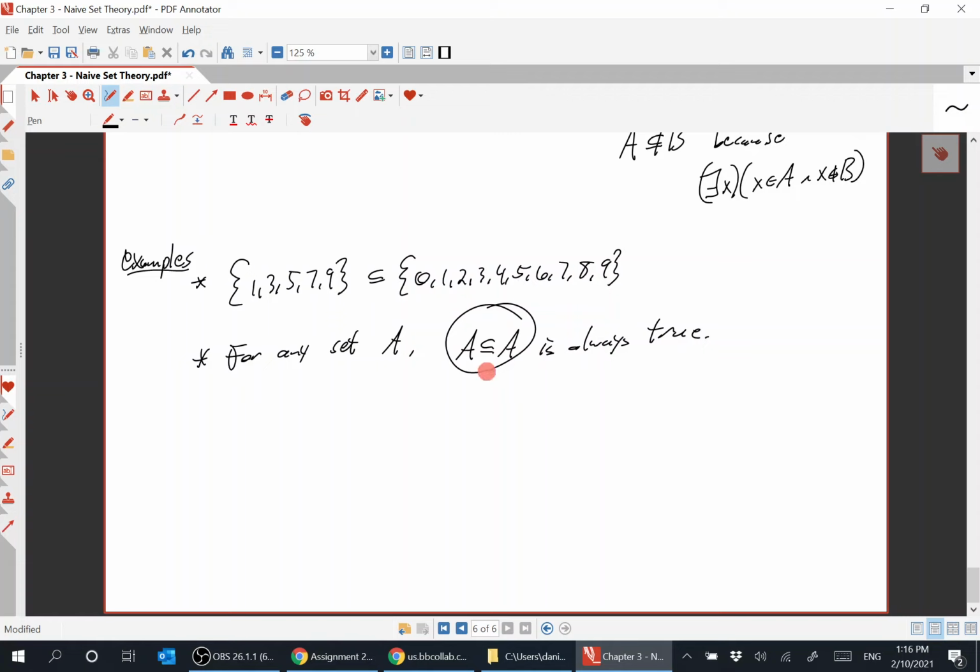It doesn't tell the whole truth. A is actually equal to A. It doesn't tell you the whole truth. Doesn't mean it's false. It's just a half truth, so to speak. But a half truth is a truth in formal logic, and they have their usages. All right. So